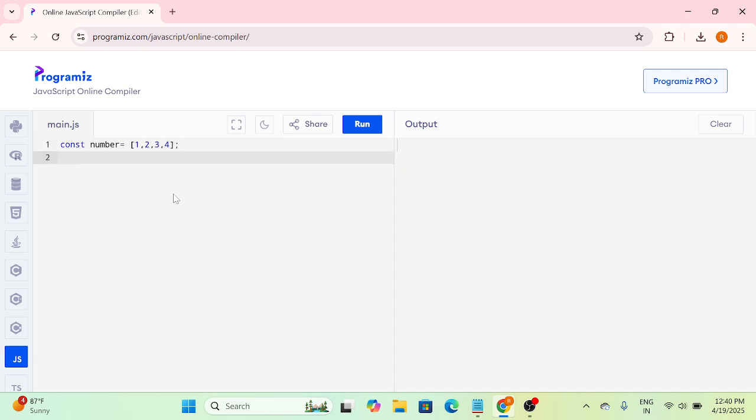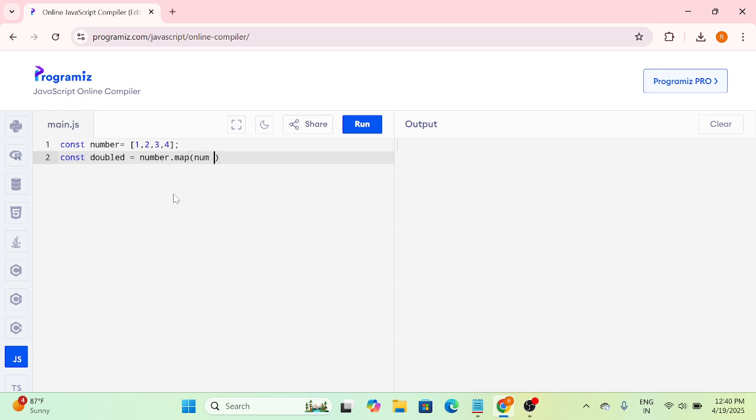After that we need to double this array. We can write this code like this: numbers.map,